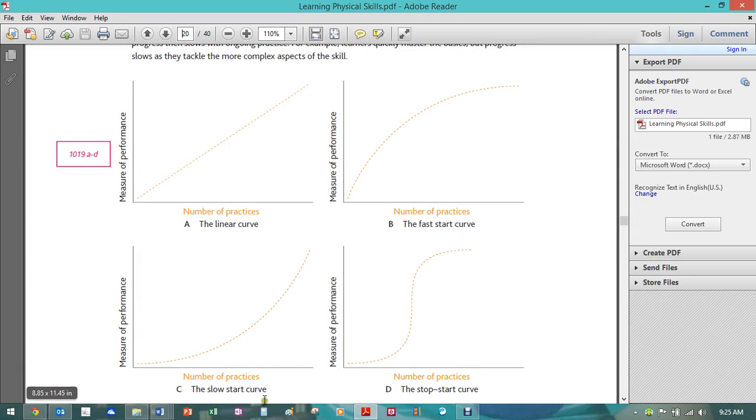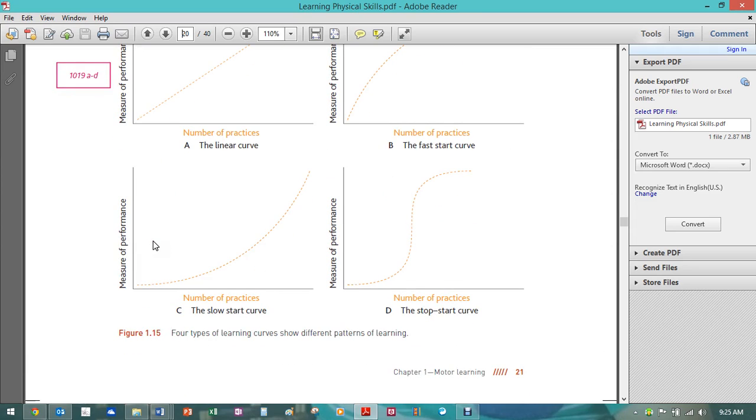Curve C is the slow start curve, and this is the curve that I'm suggesting many of you may choose as the one that you put into your assignment. It's the slow start curve, so that means in the early part of the term we have very, very steady and slow improvement in your execution of skills. And then we get to about three-quarters of the way through the term and we get this rapid improvement. And that's what I've seen generally from the class, and I think there's a few reasons for that. Number one,